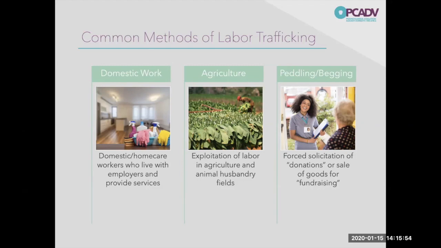Now, I don't want everybody to freak out next time somebody comes to the office and says, my kid's selling popcorn for a school fundraiser. That's still okay. But I do think it's really important for us to understand that sometimes those things are presented to us just so we won't think that they're labor trafficking. So these people will recruit young people, or they'll say they're affiliated with a church and they're going door to door to take donations. And so it's always really good to just ask some questions, to start understanding a little bit more about the situation.